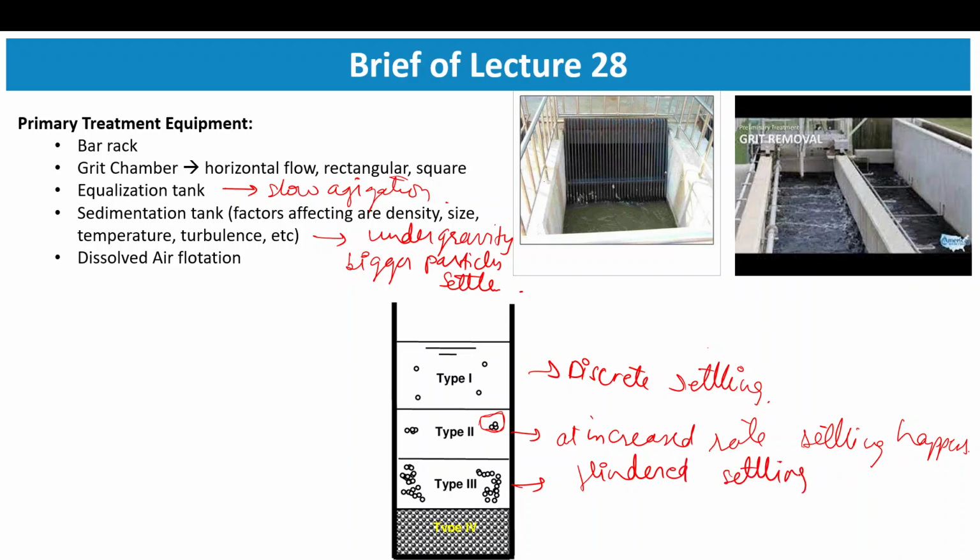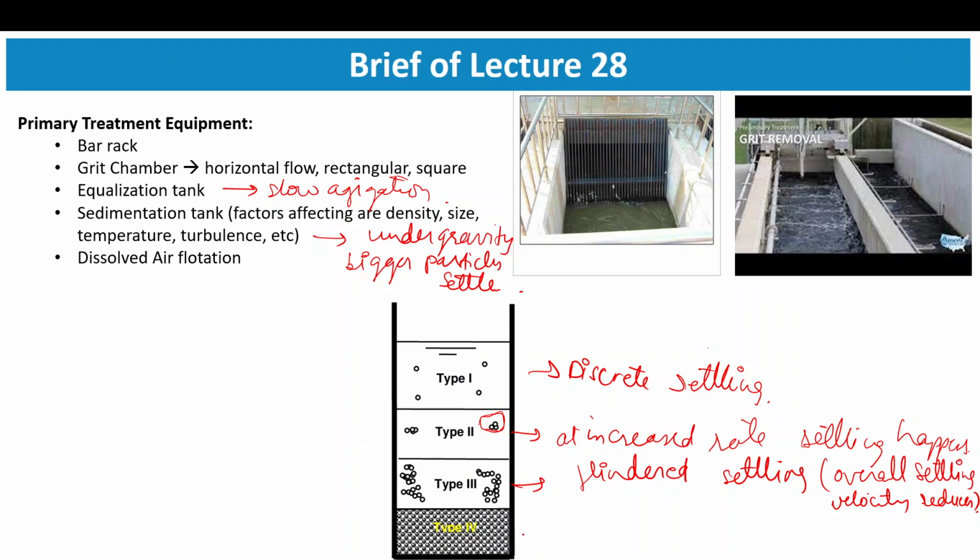This hindered settling occurs because one particle provides obstruction for settling, so the overall settling velocity reduces, right? So one particle is hindering the settling of another particle by colliding with it, reducing its settling velocity,